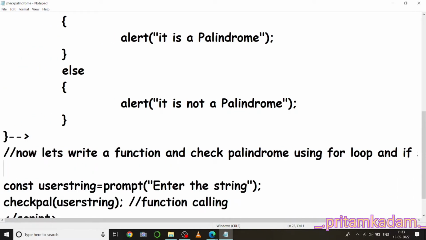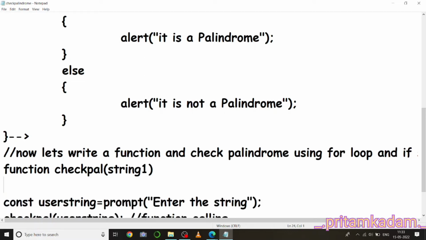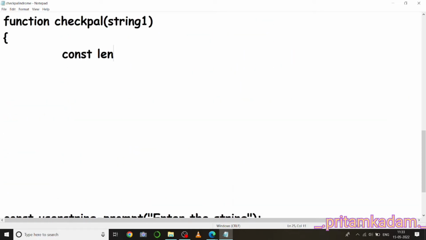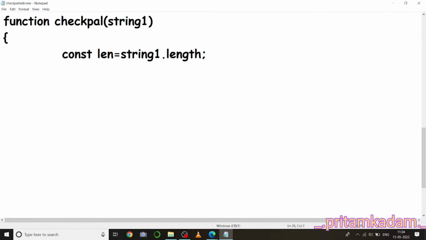So now function, let me write the name same as before, so CheckPal, and then I'm gonna write parameter as string1. Okay, so bracket open, const length equals to string1 dot length, so that I'll be getting the length of the string that was passed inside the function. So string1 dot length, so I'm gonna write for let i equals to 0,